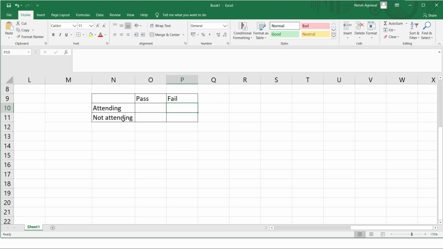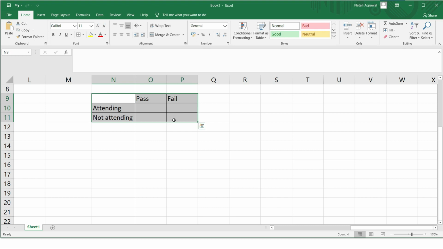But what is the alternate hypothesis? The alternate hypothesis says that these variables, your pass and fail categories, are dependent on attending and not attending. If the student is attending the class, there are more chances for him or her to pass, and if not attending, there are more chances for him or her to fail. So they are dependent variables, they are not fitting the distribution created by independent variables, and that is your alternate hypothesis. For any chi-square test, you need to have it in a tabular format.